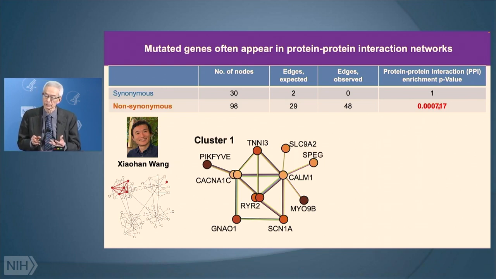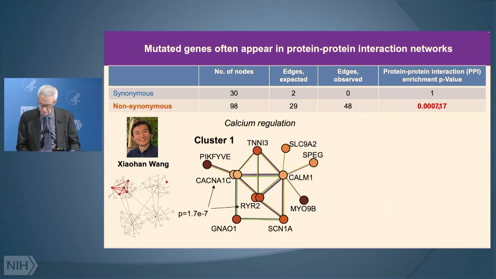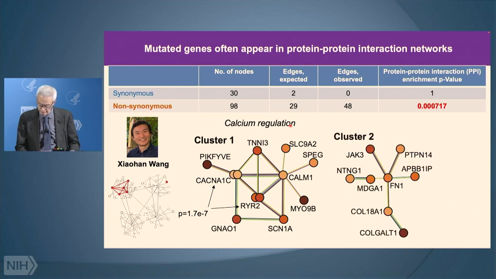So not only do the proteins cause lethality, but they cause it in protein-protein interaction networks. And this was not only true of a cluster known for its role in calcium regulation, it was also true in a cluster known for neural development, which is very interesting because we were not expecting this. We were looking for something that would act acutely. This says that some of the genes we found clustered together because of protein interactions that were important in developing the nervous system.